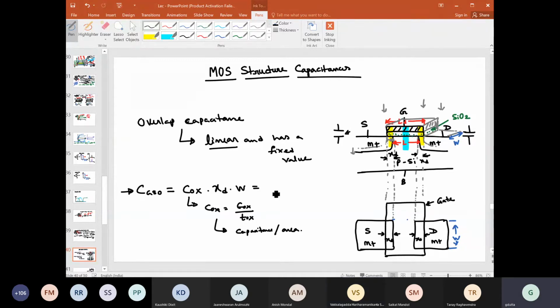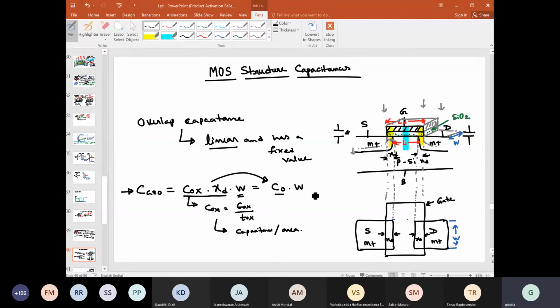Now, this thing also maybe we can write something like this, where we are representing this part by this C naught term. Why? Because see, what is Cox? Cox is the oxide capacitance, that is a technology parameter. What is XD? How much it will diffuse inside this gate, right? That is also a technology parameter. It means fabrication parameter, so as a designer, it is not in your hand. So you can keep these two terms inside this C naught, to indicate that it is basically fixed. You don't have control on this as a designer, right?